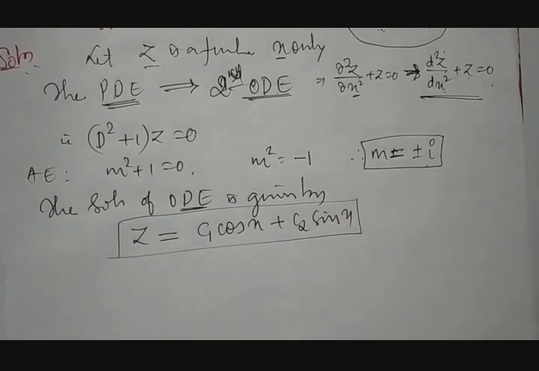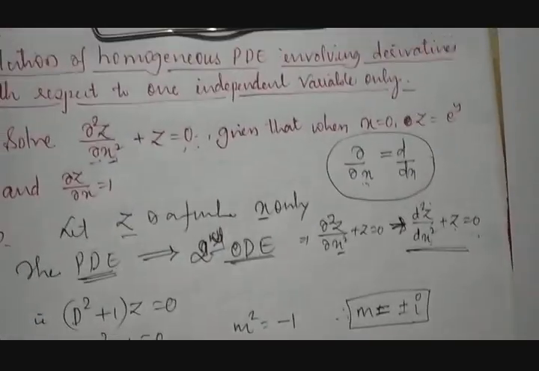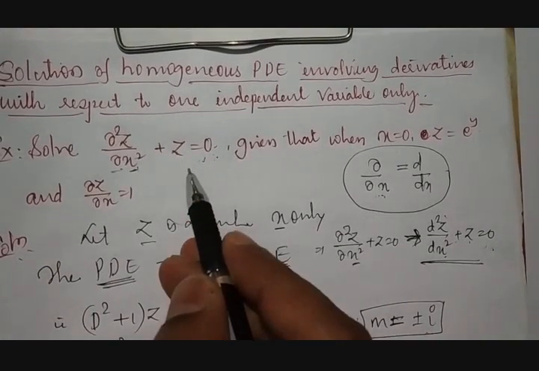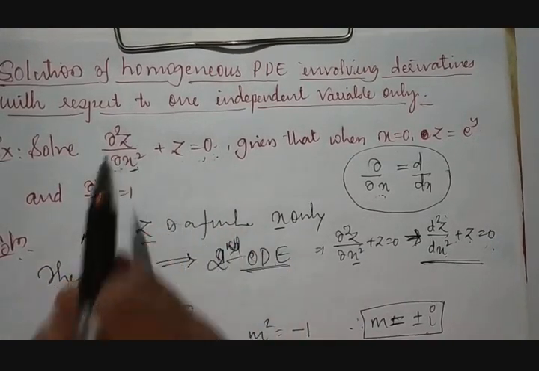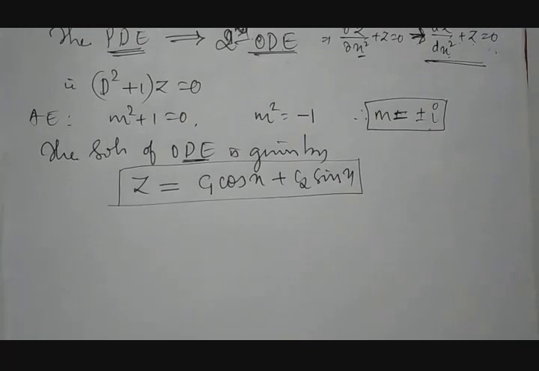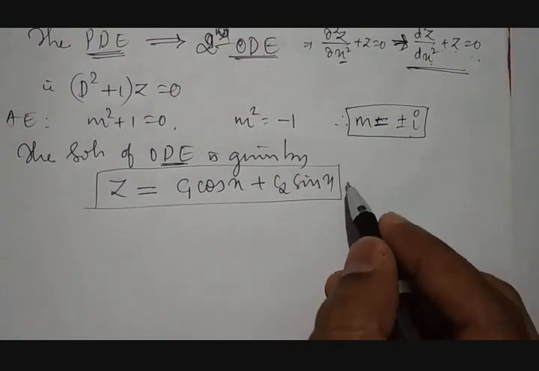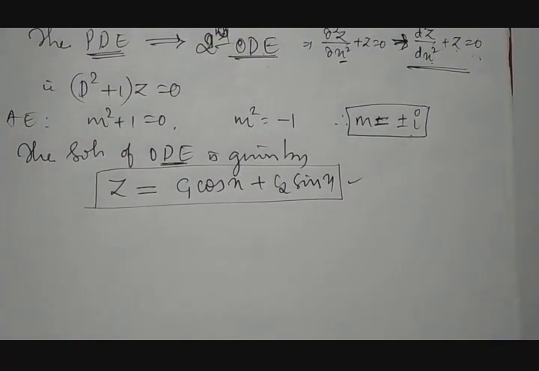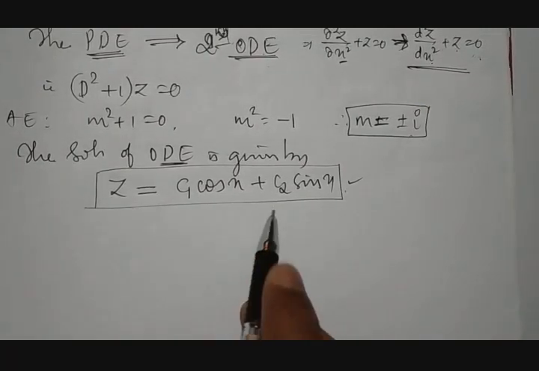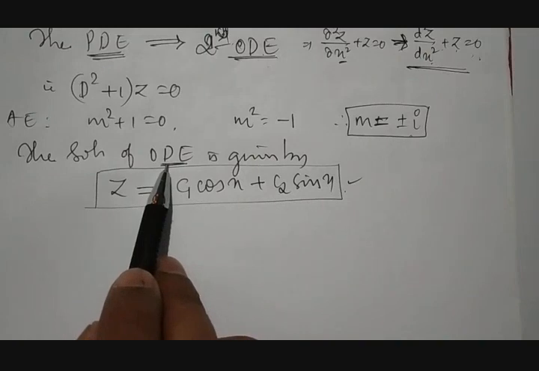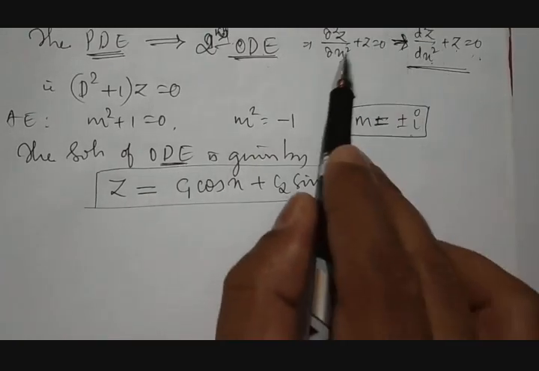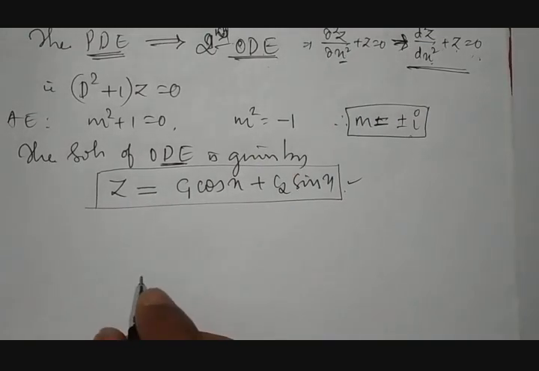Okay, this will be a solution for what? The ordinary differential equation. But what my question says, we need to form a solution for the partial differential equation. So I cannot be satisfied with only this result. So what to do? We need to continue from here. This is the solution, no doubt, but this is a solution for the ordinary differential equation, but we need a solution for the partial differential equation. For that, what to do?